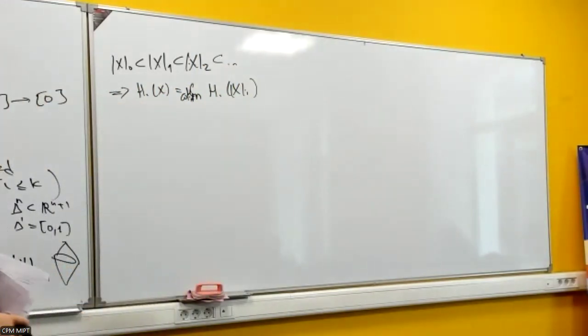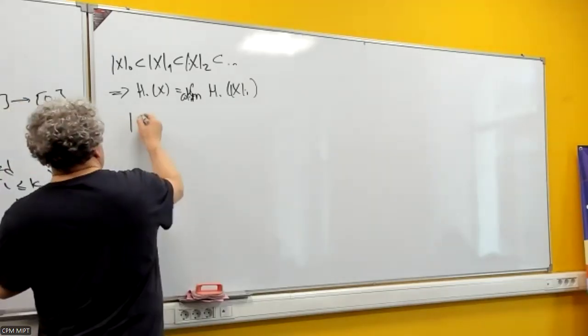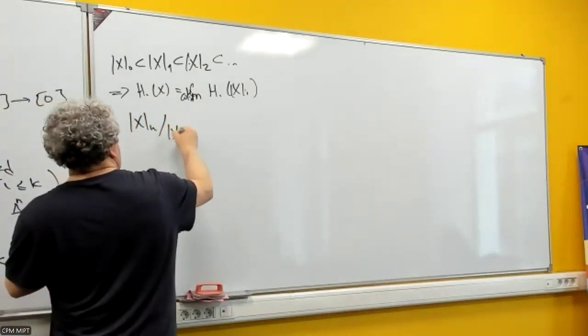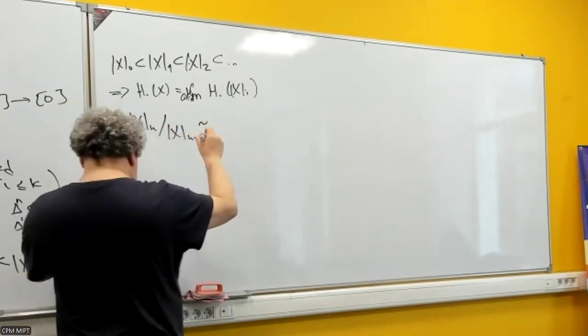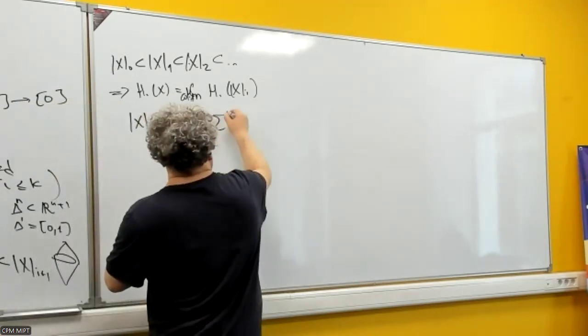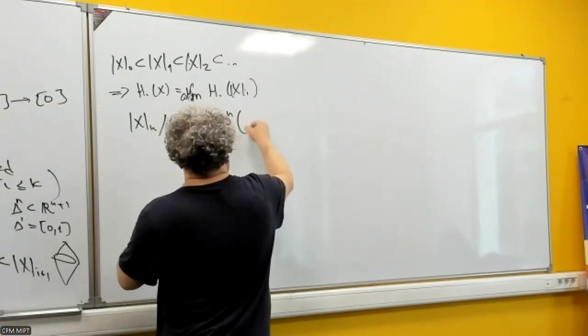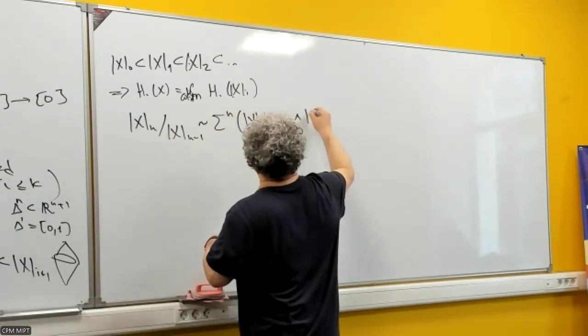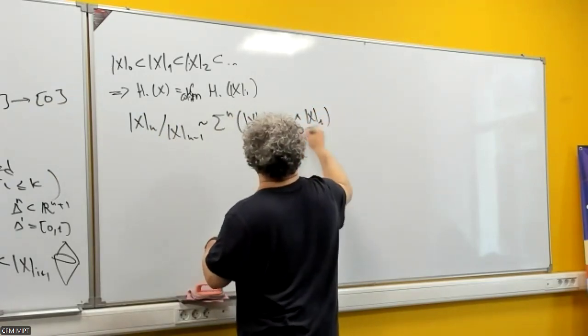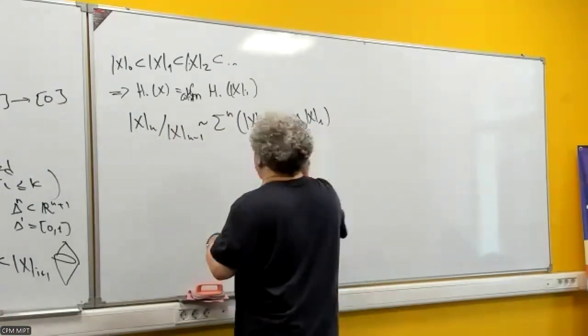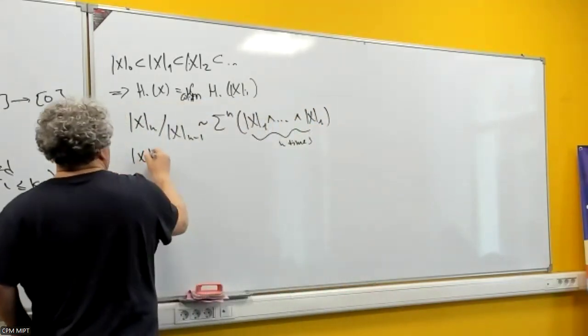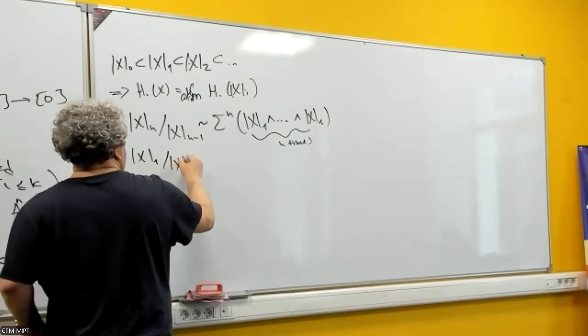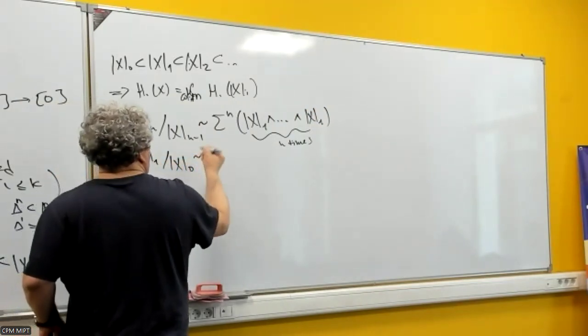So we are fighting to have closed inclusions, and then we can easily deduce that Xn quotient by Xn minus 1 looks homotopically like the suspension of x1, taken n times. In particular, we see that x1 quotient by x0 is homotopically